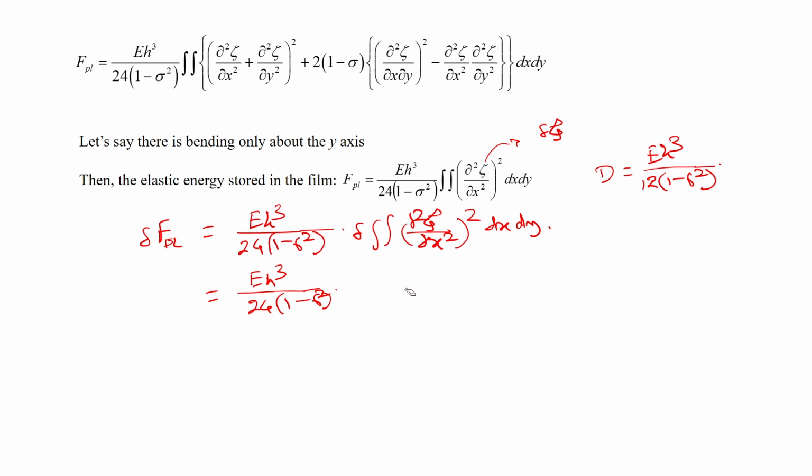Delta goes inside now, and here it will be 2 times del square zeta by del x square into del square delta zeta by del x square,